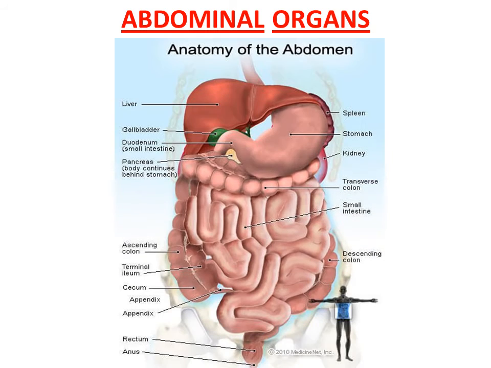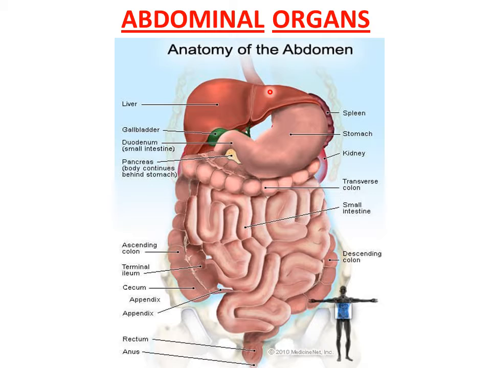So with this diagram, see, this is the lower end of esophagus which continues as the stomach. Then next to stomach is the small intestine. First part is the duodenum. Then these are the coils of jejunum and ileum. Next is the large intestine. This whole is the large intestine. The first part is cecum. Then ascending colon, transverse colon, descending colon. Further sigmoid colon, rectum and ends in anus.